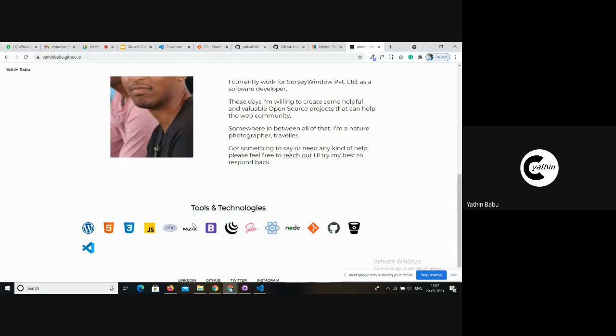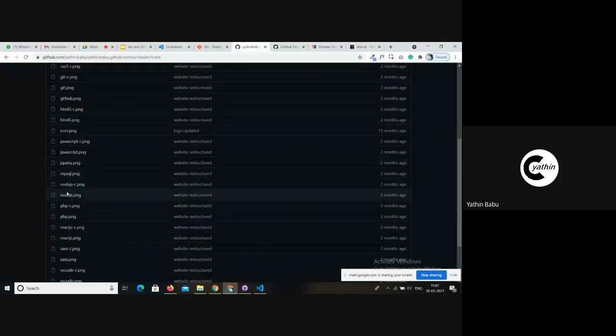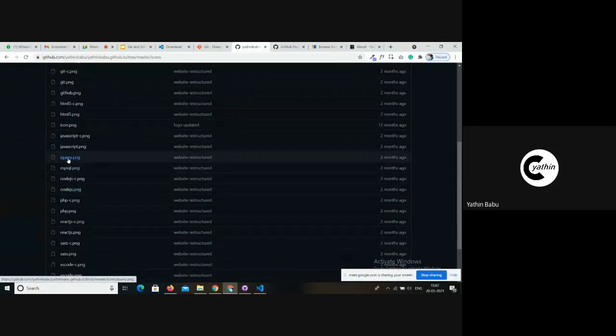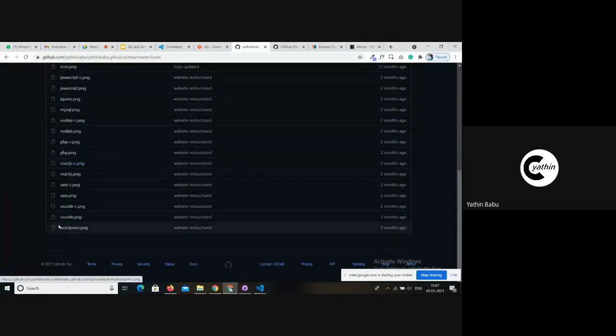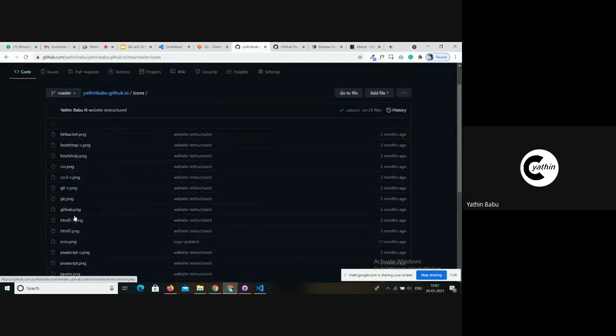All the icons are already present here, like jQuery, HTML5, React.js. You can customize the website with these icons when you are working on these things.